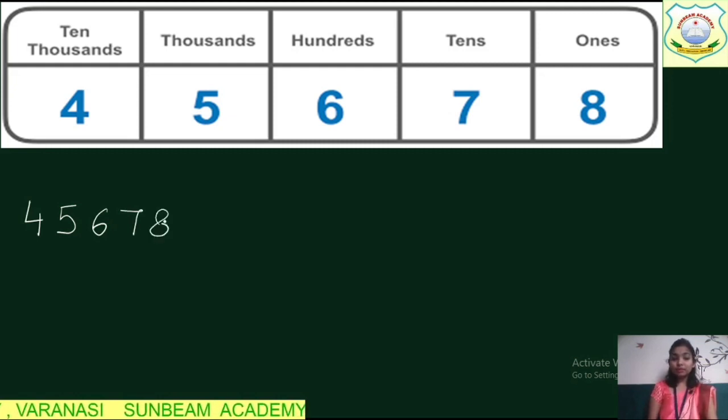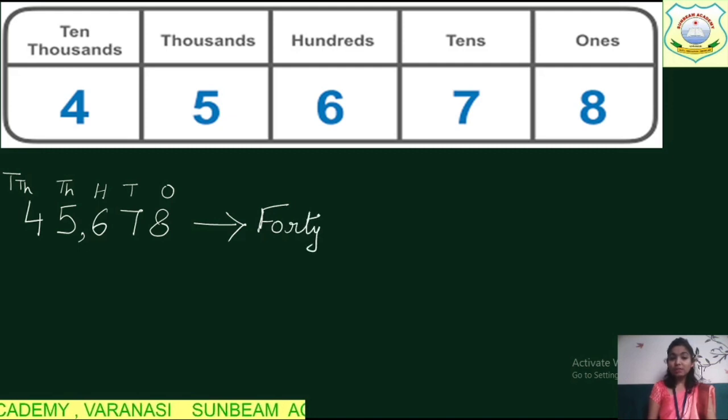This is the number. Now we need to write this in words, but before writing in words, what do we have to do? This is ones, this is tens, this is 100, this is 1000 and this one is 10,000. First of all, we need to put the comma, right? Where will the comma be? Here, after 1000, before 100. Now let's write. क्या लिखेंगे? 45, right?